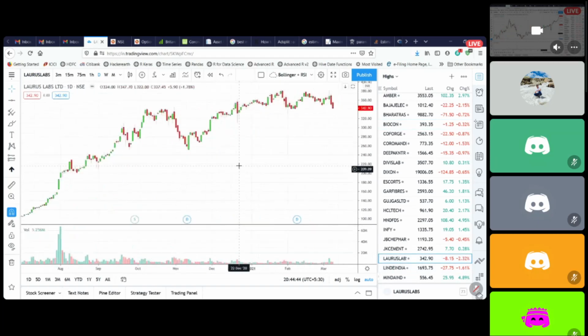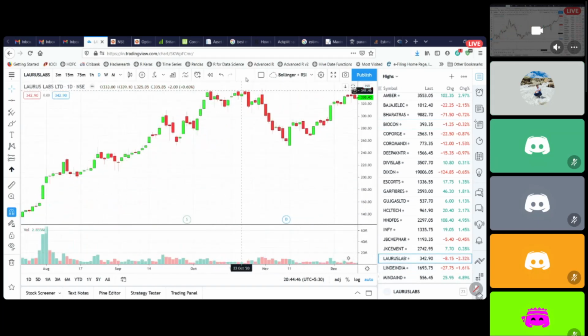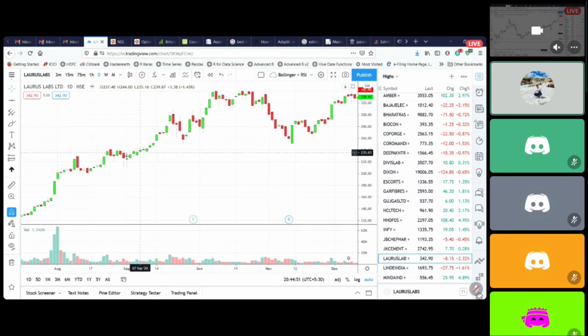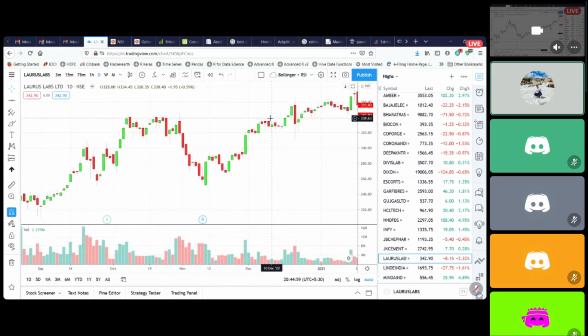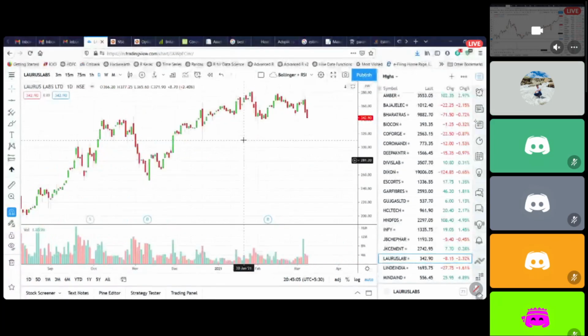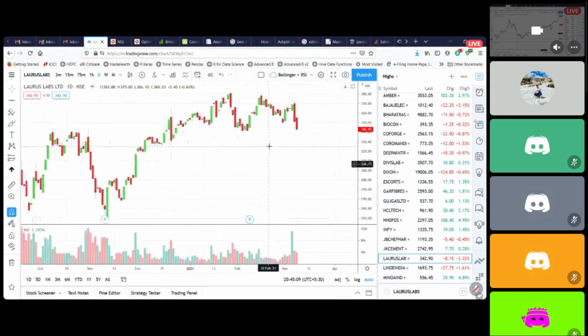Lawrence Fabs, same thing. See, after this high at 340, it came down. These were the previous lows here, but it gave a big green candle here only. So this 280 candle, I went down straight ahead, booking at 340 directly, booked out here. After that, again, Loras, I haven't taken a trade now, and it didn't give any such.